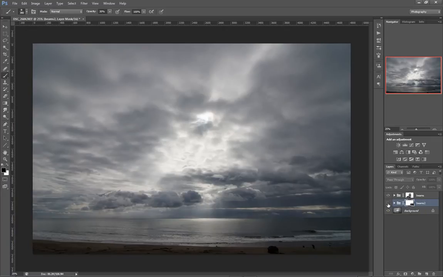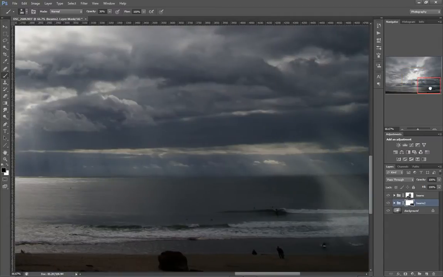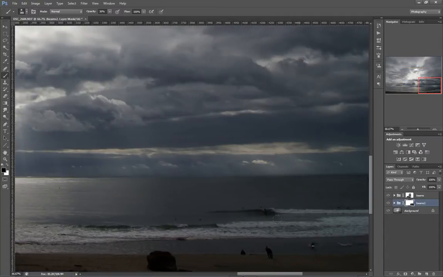One last thing, though, is that where those beams are shining onto the ocean, well, the ocean should be a little bit brighter, right? So we're going to go ahead and dodge the ocean a little bit to bring out that brightness where it should be a little bit brighter. And the way I like to do this, there's a ton of different ways you can dodge and burn in Photoshop. My favorite way is to create a new layer, which is Control Command Shift N,